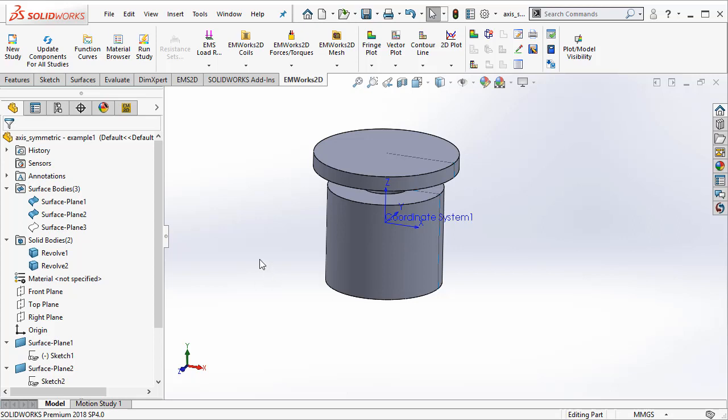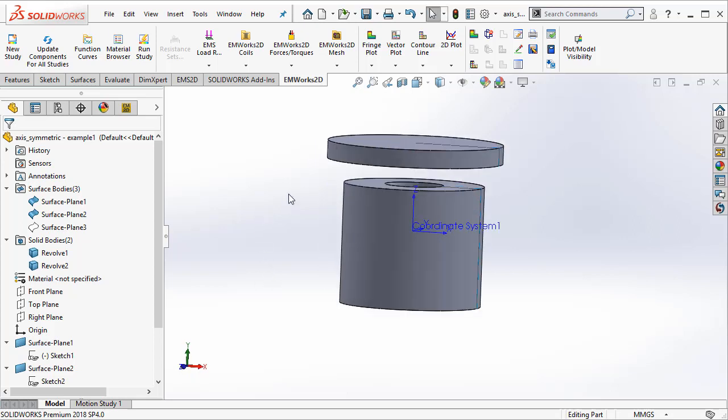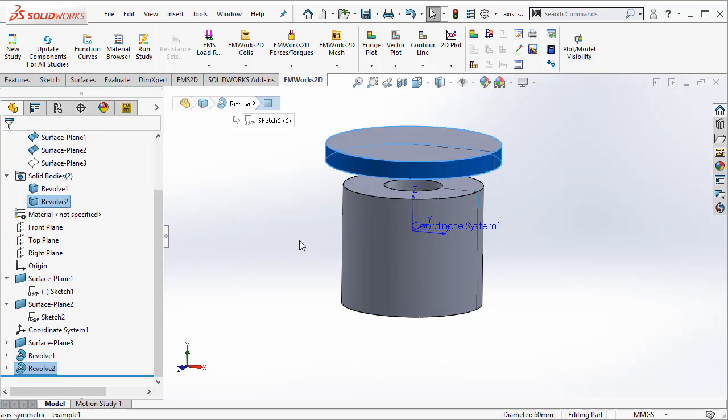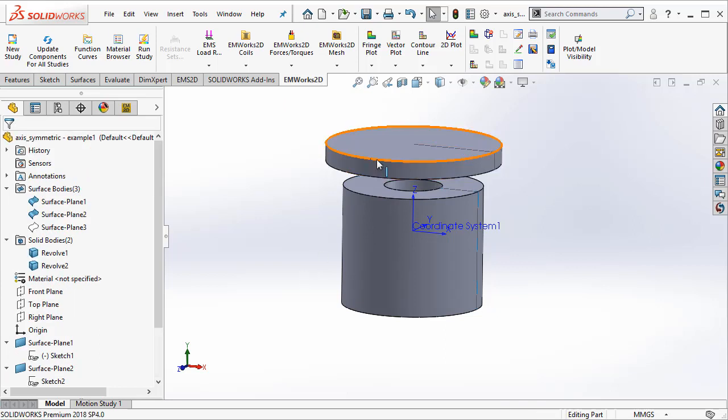So let us see how we can use this axisymmetric concept to actually do a simulation on a coil which carries some current, and because the coil carries some current, it acts like an electromagnet, and because there is an iron cylinder at a particular distance, there's going to be a force acting on the iron cylinder, and this particular force is going to attract the cylinder towards the coil. So let us use the 2D simulation to compute the forces acting on the cylindrical surface due to the current